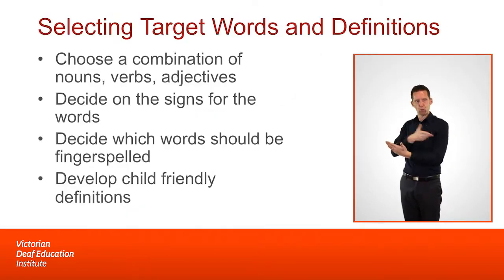These books should be chosen so that they are at the children's interest level. They are not at the children's reading level because the children do not have to read them. We read them to the children. Once we have the books on the same theme, then we select target words.